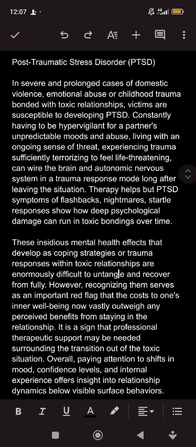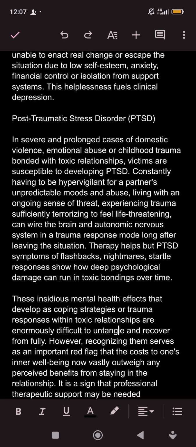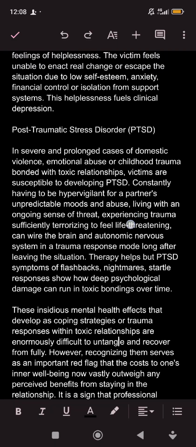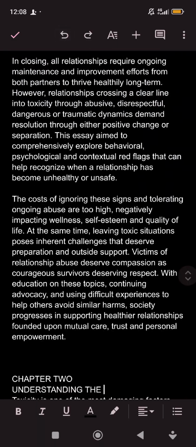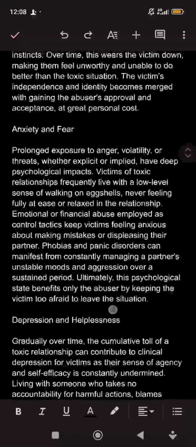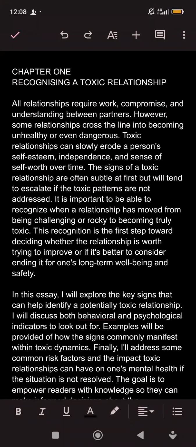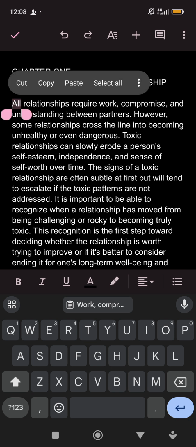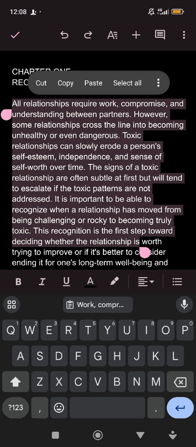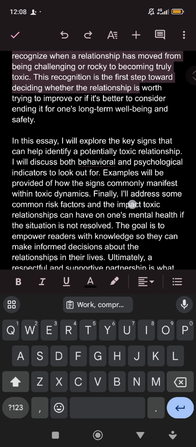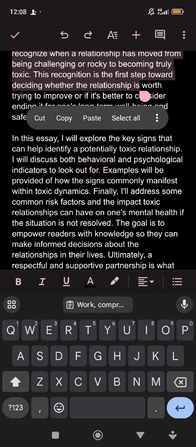Okay? Or you can cut. Initially I did copy here. I copied from here, I pasted in my keyboard. It paraphrased it. I copied the paraphrased version. I want to replace it here. So what I will now do is that I can actually replace everything that I copy, even though it's no longer highlighted. Let's say I copied from here. I can't actually remember the point I copied from. But what I will advise is that once you highlight, you can cut.